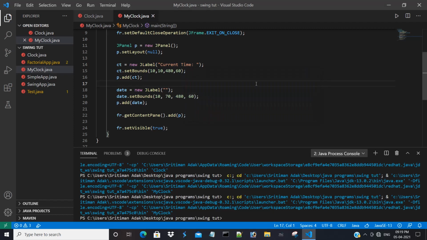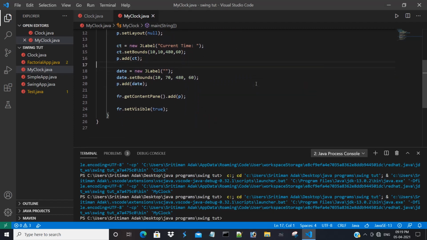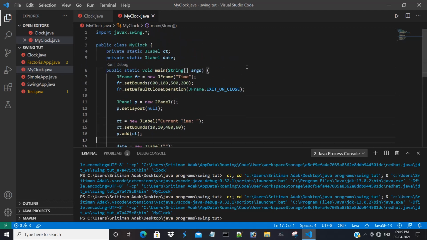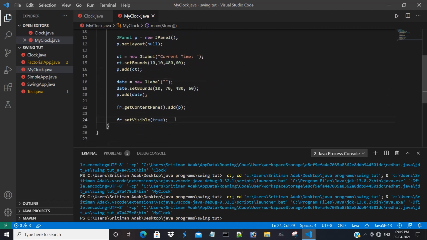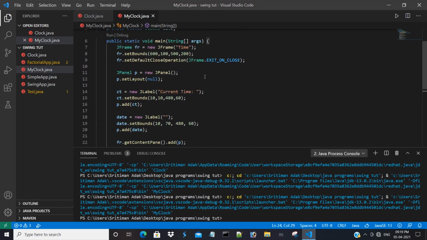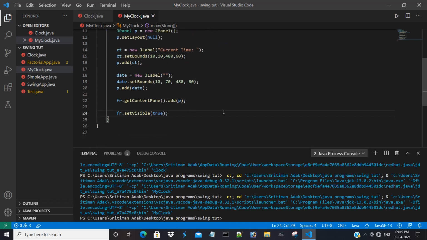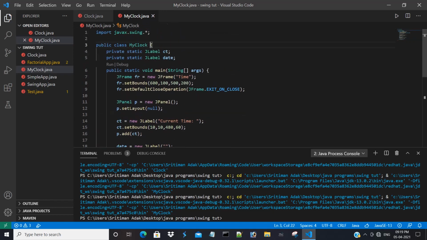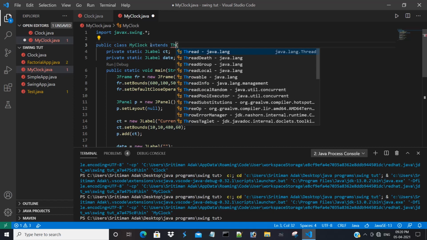So for doing this date and time part, I would like to use a thread. So thread is basically a part of a program, a part of the same program which runs parallelly to the main thread. So it will keep on updating the values while this frame is running. So while this frame is visible, that thread will keep on updating the value. So for the thread, we can use the same class as a thread. So I would extend this, I would extend the thread class,